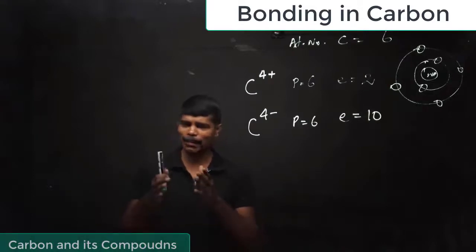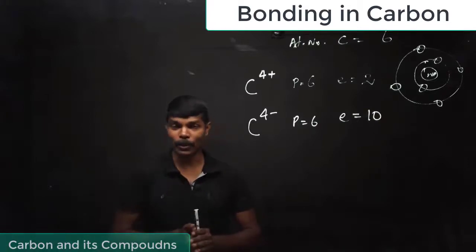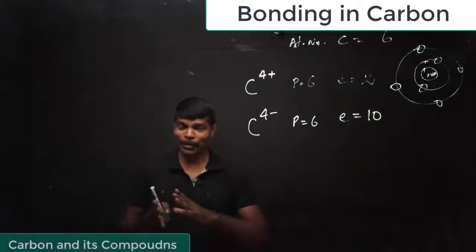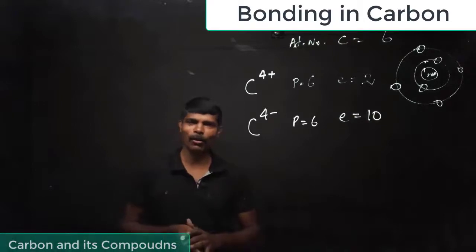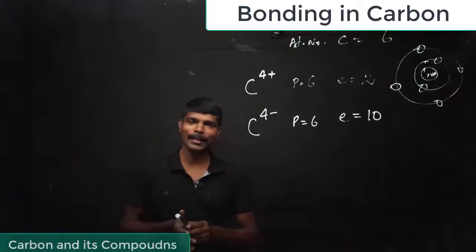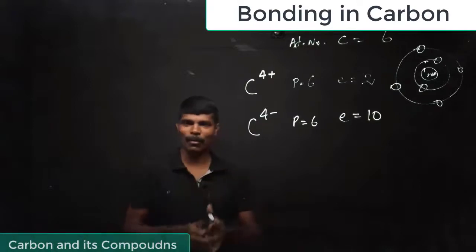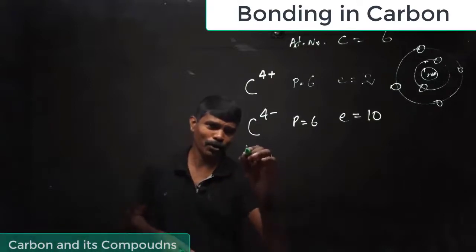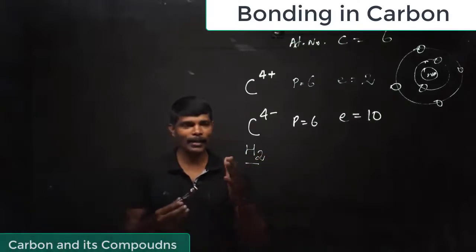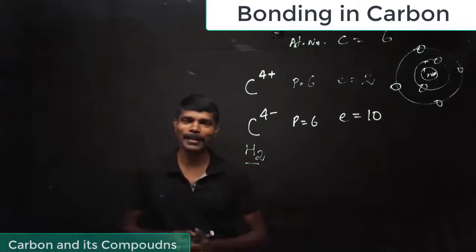sharing of electrons. The simplest molecule formed by sharing of electrons that we are going to discuss is the hydrogen molecule. Dear students, in the previous chapter, we learned how ionic bonds are formed, which we visualized in terms of electron dot structure. Similarly, here also, the sharing of electrons can be visualized in terms of electron dot structure. So let us understand by taking some examples. In the first case, I am going to show you the hydrogen molecule. When two hydrogen atoms combine, a hydrogen molecule will be formed. How does the hydrogen molecule get a stable configuration by sharing of electrons?